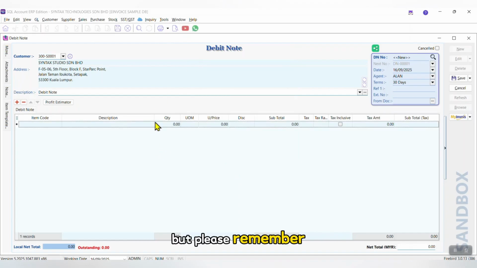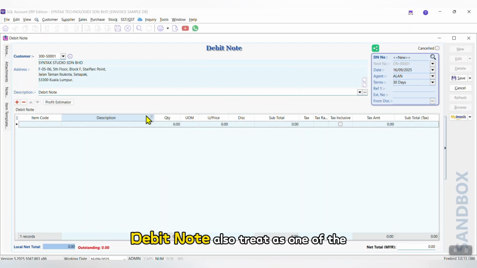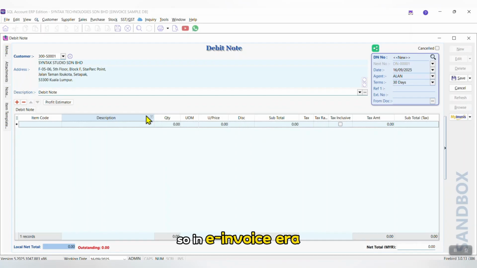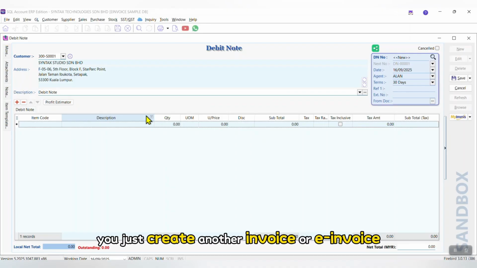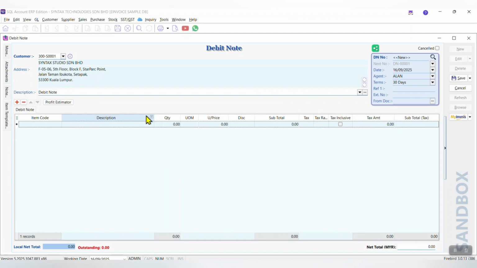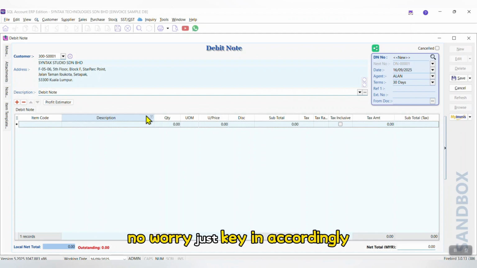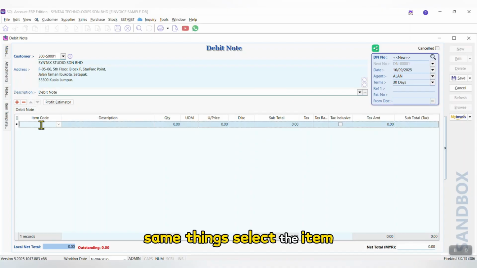But please remember, in e-invoice era, debit note is also treated as one of the e-invoice transactions that you need to send to HDM for validation. So in e-invoice era, similar to the GST era, you normally do not need to do debit note. You just create another invoice or e-invoice. But just in case you need to do debit note, no worry, just key in accordingly. Same things, select the item,